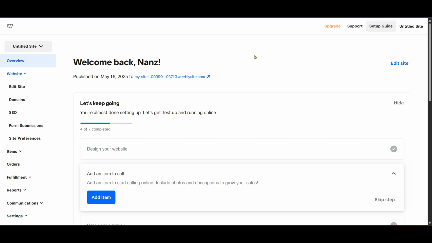Now, to revisit your Weebly accounts, locate the overview section specific to Weebly. This is where you can manage your individual sites. Once you're on the Weebly overview page, it's time to focus on your specific site. You'll see a list of your sites and you'll need to select the one you wish to modify or revert